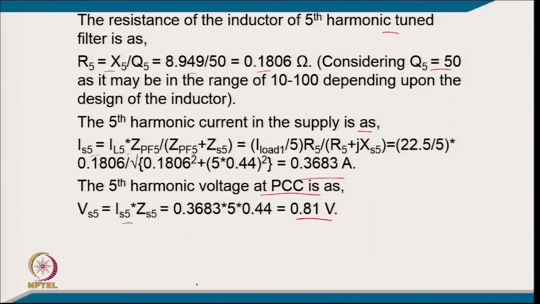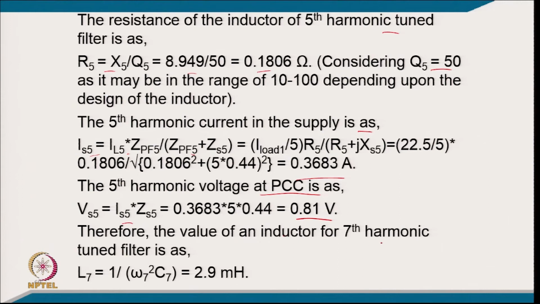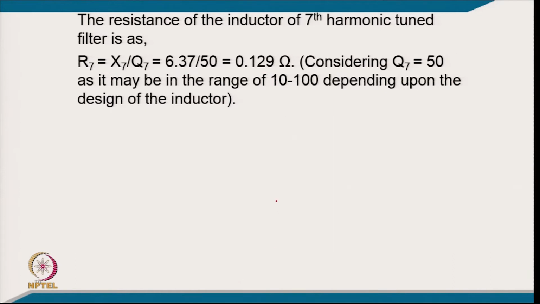So, it comes to 0.81 volt, and therefore, the value of the inductor for the seventh harmonic from this relation, L7, will be equal to 2.9 millihenry, and the resistance of the seventh harmonic tuned filter will be X7 by Q7. So, putting the value, it comes to 0.129 ohm, considering Q equal to 50, as it may be in